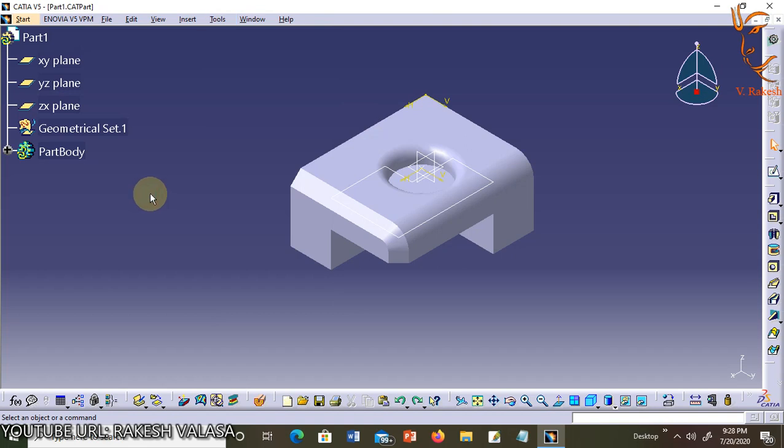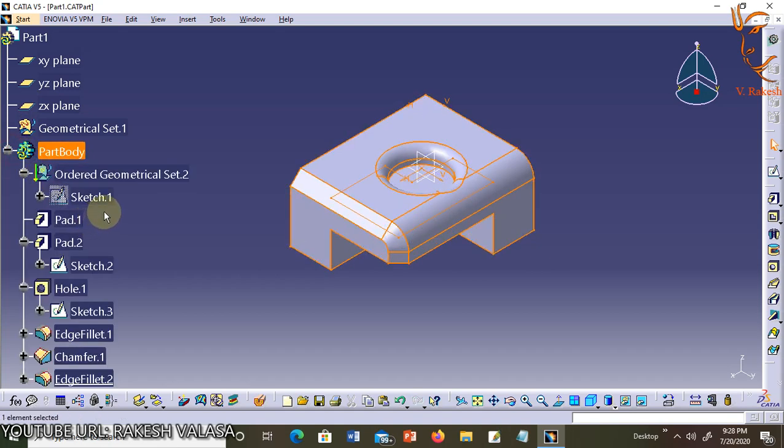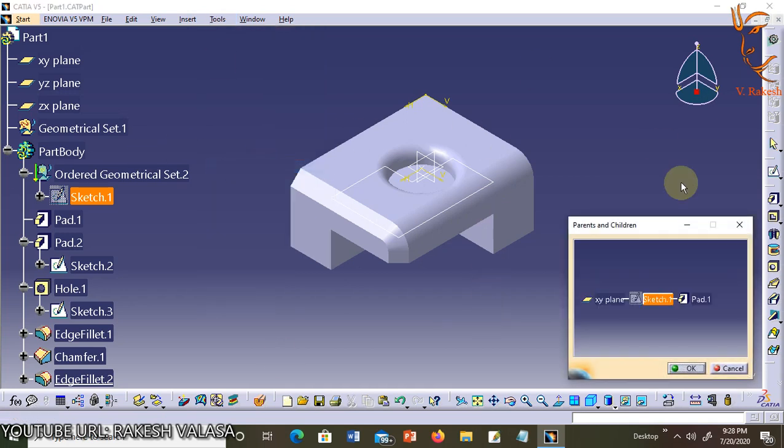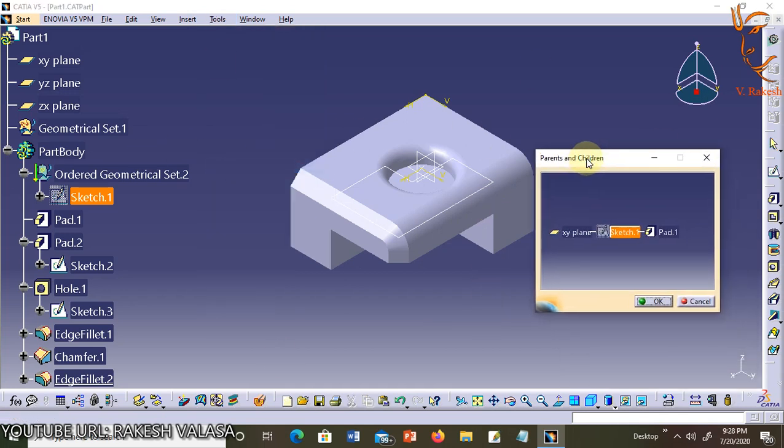You can follow the procedure. Now click on Part Body. In this you can select any one of these. I am selecting Sketch 1 from this specification tree. Select Tools from the pull down menu, that is Parents or Children. This window appears. Sketch 1 is the parent of Pad 1.